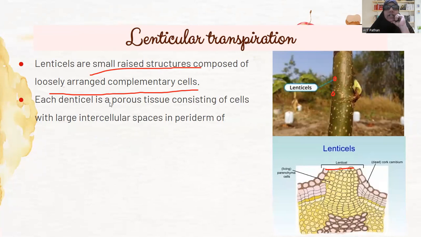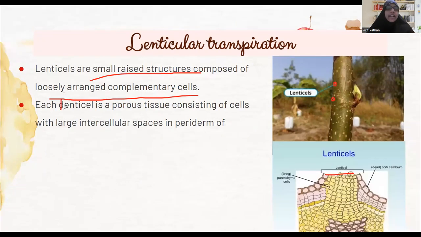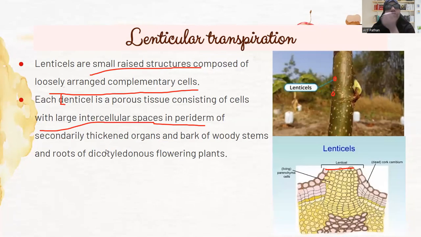Sorry, this should be T, not D. Lenticels is a porous tissue consisting of cells with large intercellular spaces in the periderm of the secondary thickened organs. Okay. So in the periderm layer of the bark of the tree,